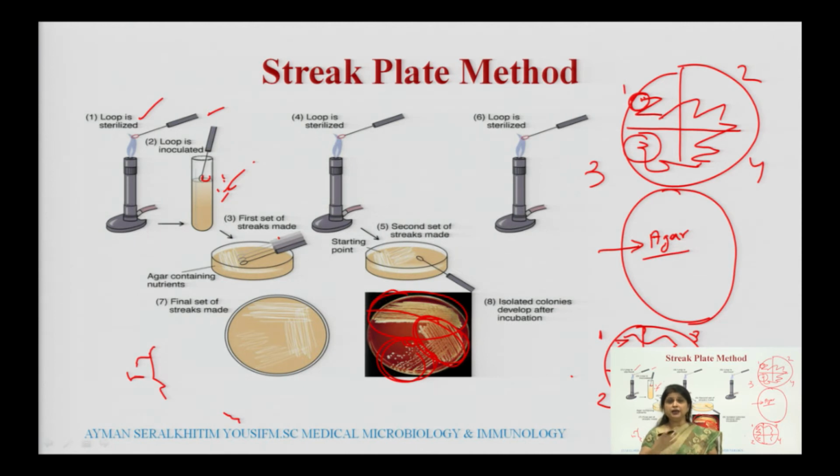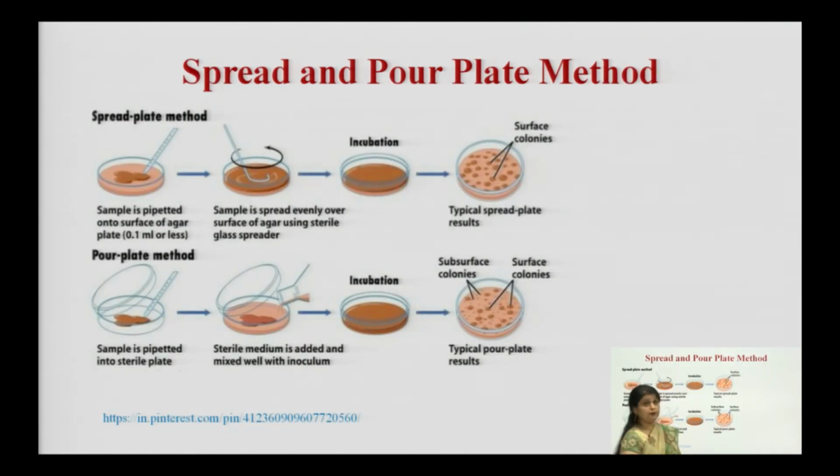Similarly, the main aim is to spread. You have to spread the mixed culture, because a mixed culture contains a number of microorganisms. Until and unless we spread that culture, we will not be able to obtain the colonies. After that comes the spread plate. The main requirements are the same: you need to make a sterile medium, and you need a mixed culture to isolate. So, you have to make these two things ready: first is the Petri plate containing media, and second is your culture. Now, what is the difference between spread plate and streak plate?